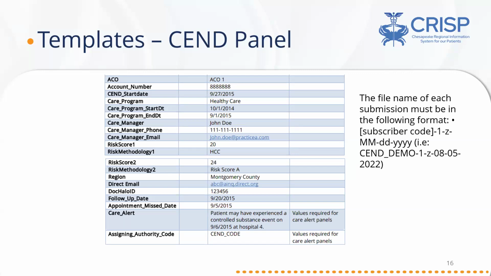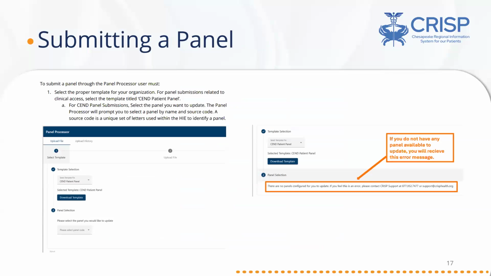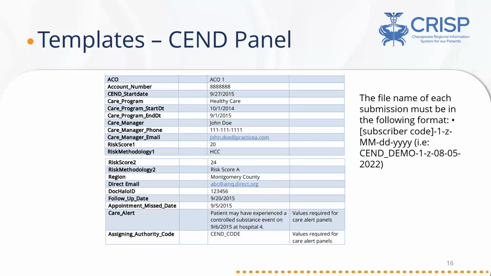The other thing that the system will point out to you, but I want to point out to you now, when you are saving your file, obviously it needs to be in a CSV format. The other thing that we ask is for the file name to be in a very specific format. I'm sorry, I clicked away. On the right side of the screen, you'll see kind of this long looking gibberish type